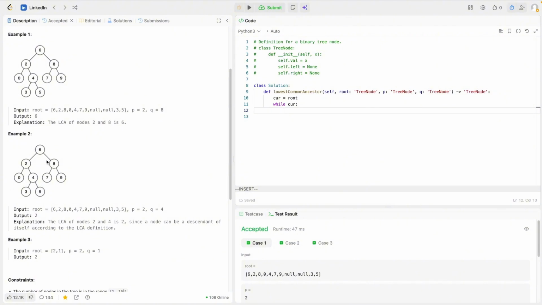But basically we're just going to keep iterating this process. If we know it must be on the left, then we go to the left. If we know it must be on the right, then we just keep going to the right until at some point